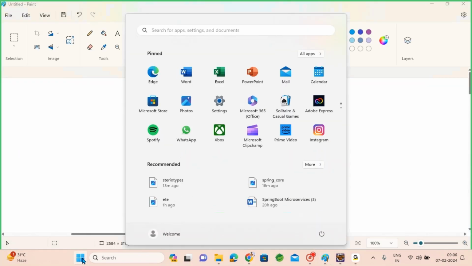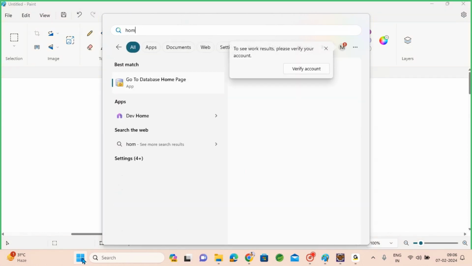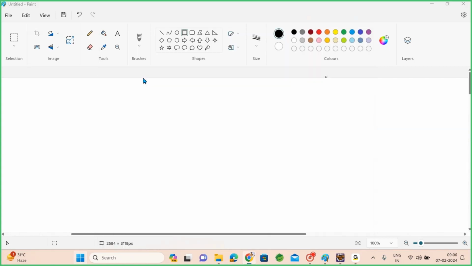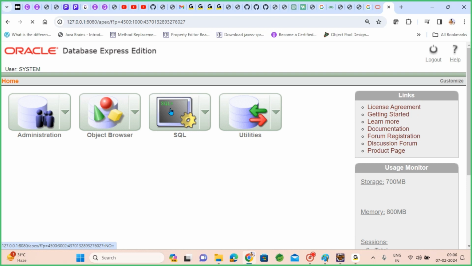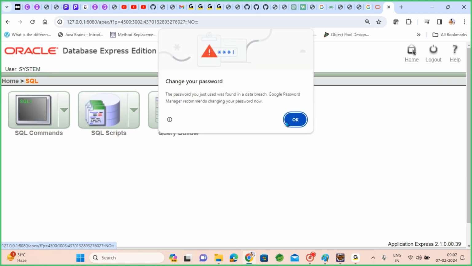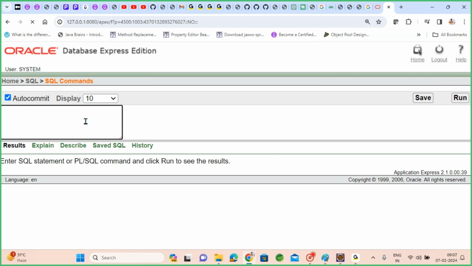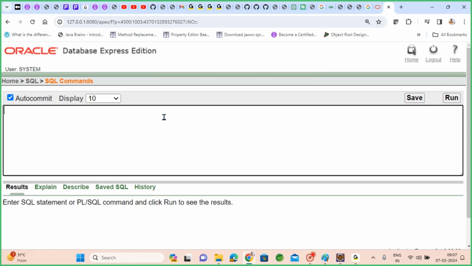Once you install 10G Express Edition, when you search for home, once after installation, you will get it. Here, once you enter username and password, you can log into your database. So here you can do all that table creation stuff, inserts, updates. This is the Oracle window. So here you can create a table. Let's say if you want to save something permanently, you need a table. Create table student,